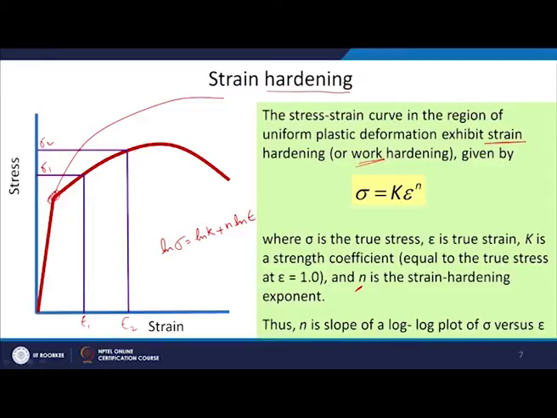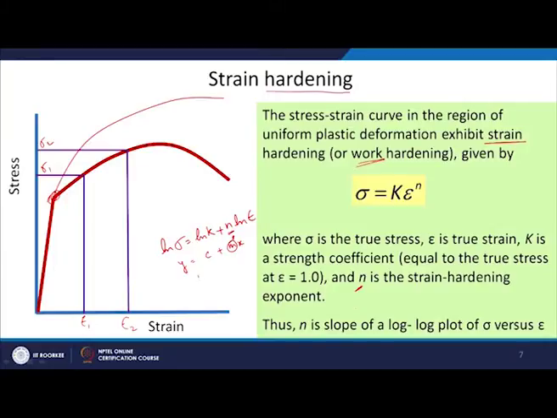Okay. So, your exponent will come here when we take log like this. So, it is now an equation of a straight line with a slope n. Okay. So, it is a y is equal to mx plus c kind of equation, where m is your slope, and that is equal to n. So, if I plot this particular equation on log, with ln of sigma versus ln of epsilon, then n will give you the slope.